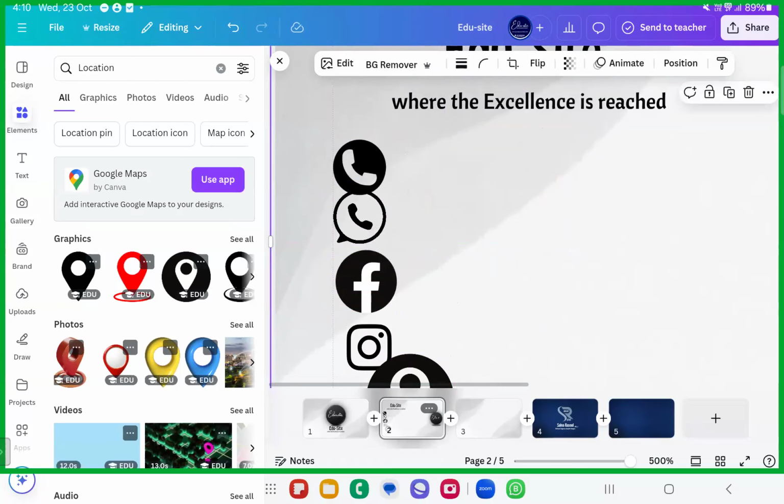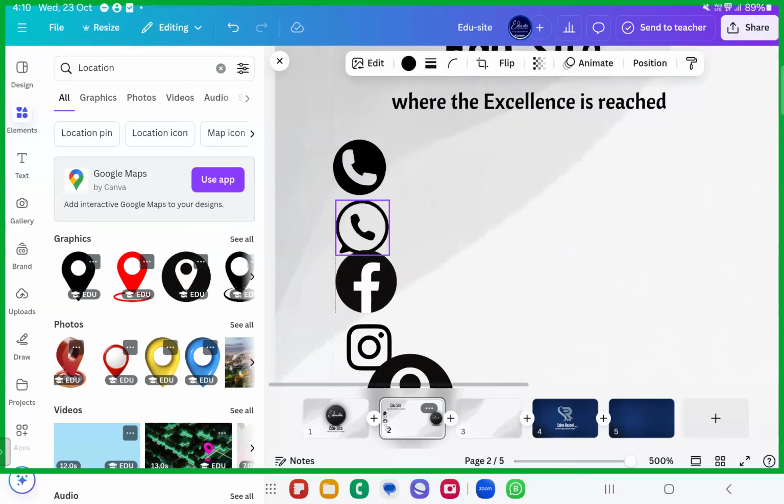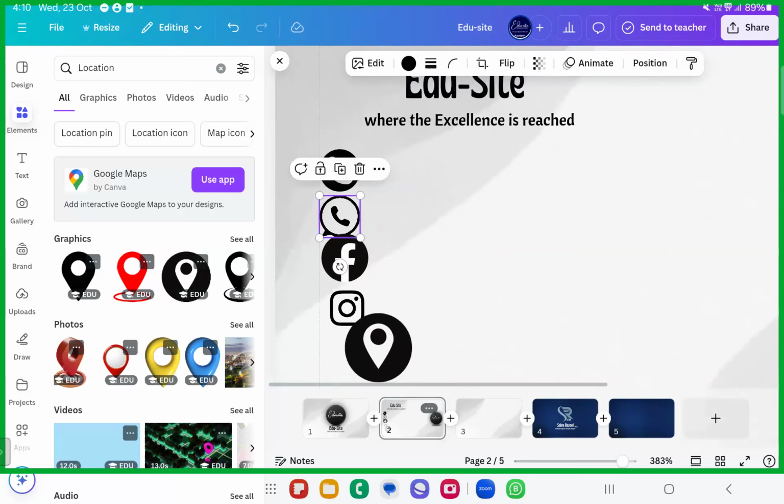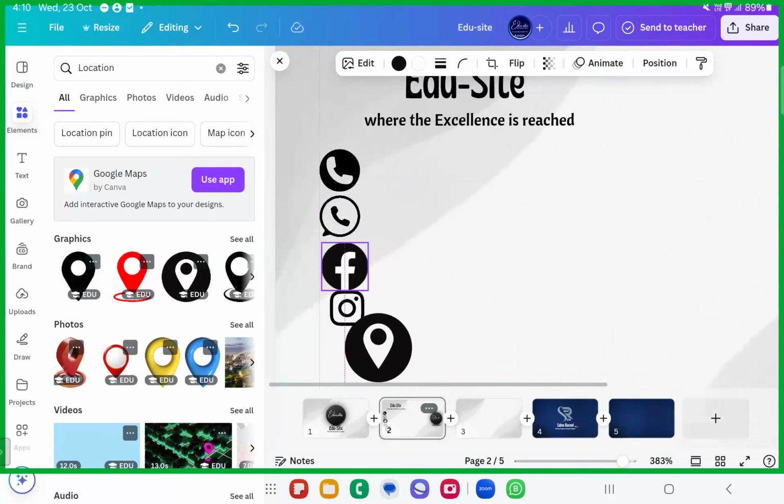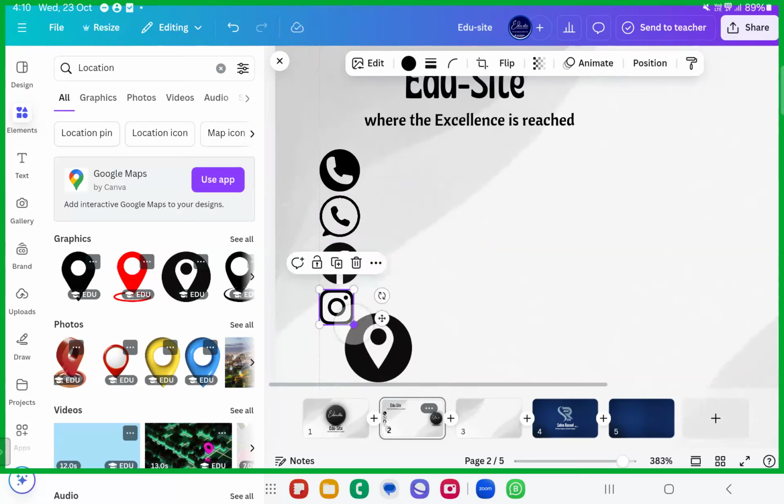Correct? So done. Now give a spacing between these two. So even record the spacing. What is the spacing? When you use the margins, it will show you the PT, what weight of space is present. Now left align it perfectly with the left of it, and then go ahead from this side, smaller, smaller. Now it's aligned perfectly. Then again, first left align it with the first one. Now increase it, increase it, increase it until you feel like it is properly aligned with Facebook.